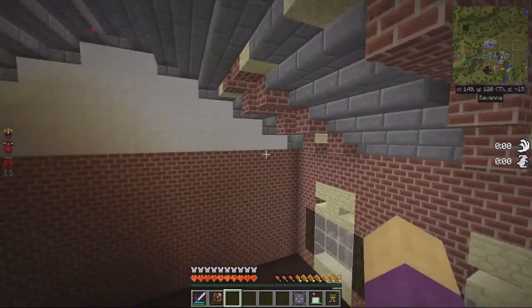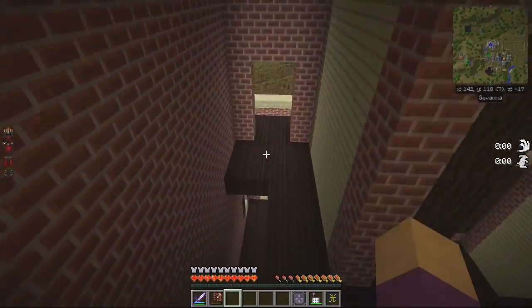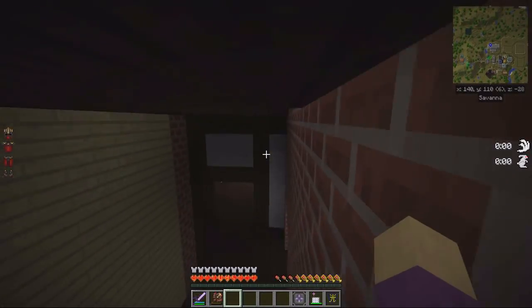I need to put the floor in for the third floor because there's supposed to be an attic space up here where these dormers get used. Anyway, I also need to have, oh